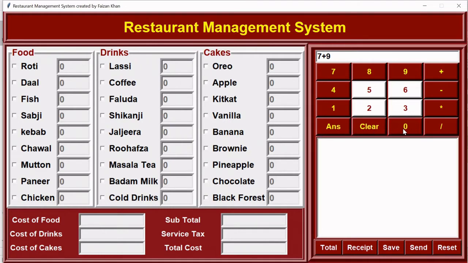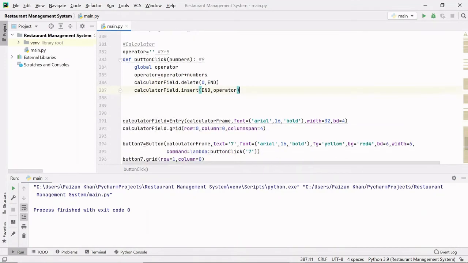But it will be similar for all these buttons. We just have to provide the same command to all these buttons except for this answer button and this clear button. We will have different functionality for these two buttons. For all other buttons, we have to provide the button click function, right? So let's do it.